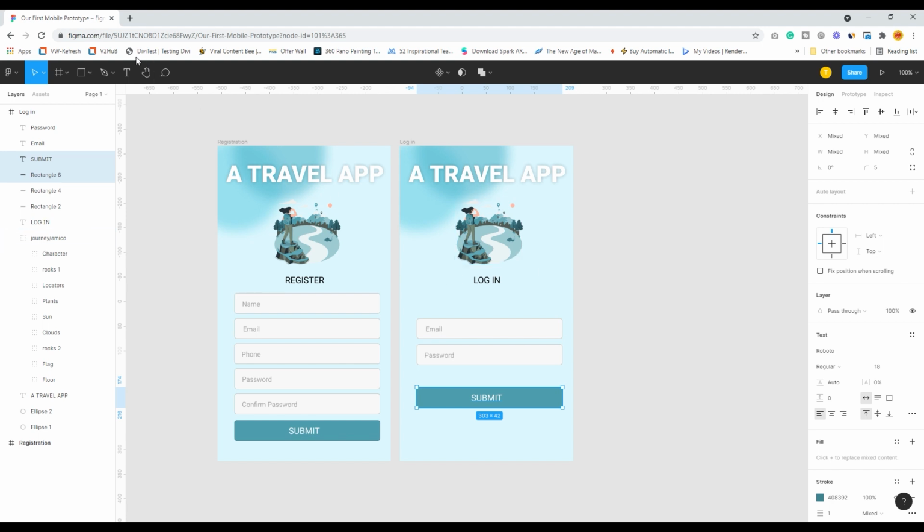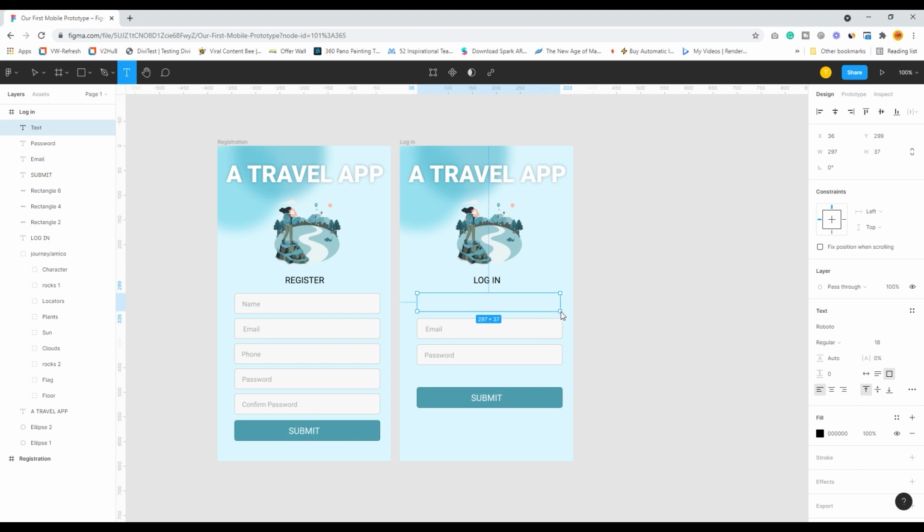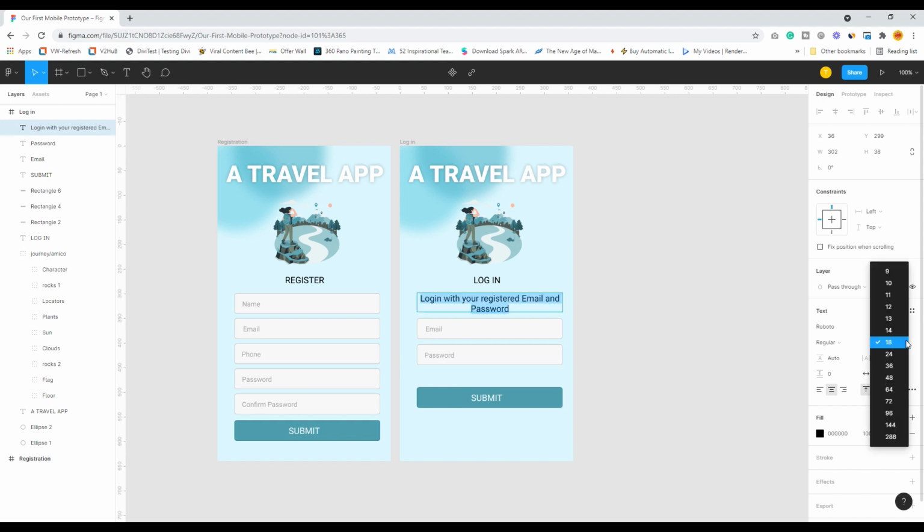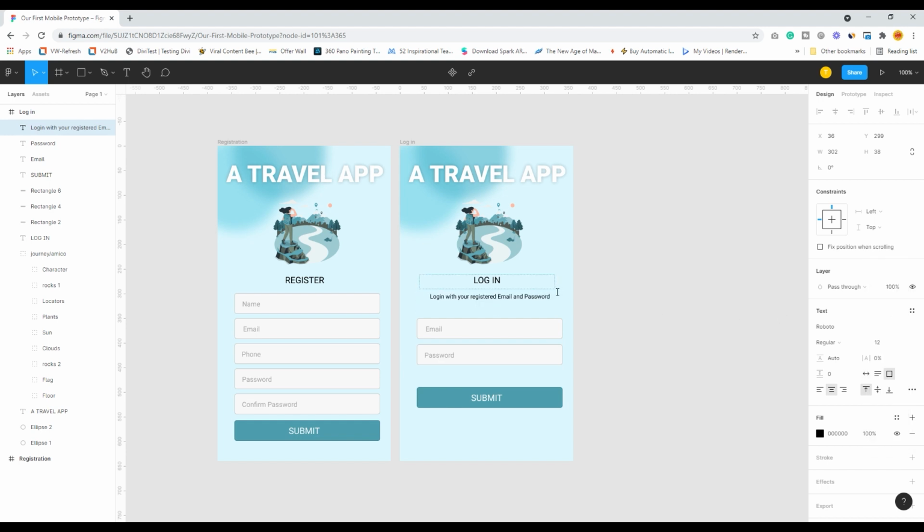Also, I will require a small paragraph stating that login with your registered email and password. Okay, and obviously you don't require such a big text, and definitely take it 12. Okay, this is absolutely at the center.